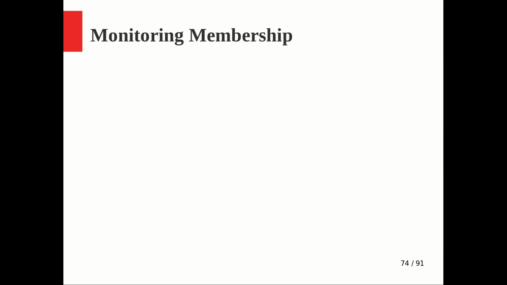Now what is the purpose of monitoring the membership? Again, I told you already: the membership report and leave report are fine when someone wants to join or leave. But at any time a particular group may be running with a single loyal member. That can be possible, right? In that case, that particular single machine may have gone offline, or it is in some trouble and is not in a position to send the leave report.